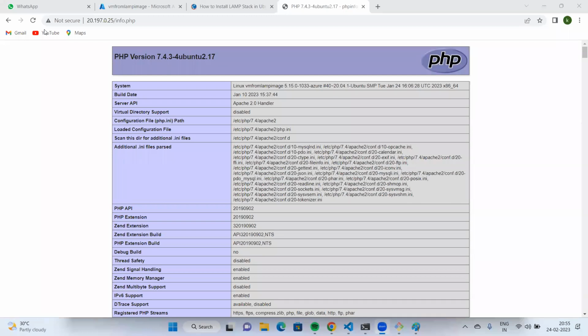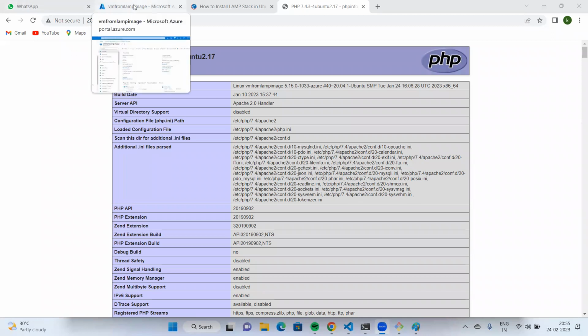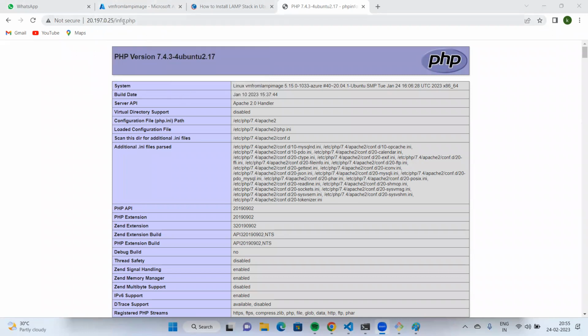Yes, sir. Okay, this is how you can create a virtual machine from the VM image. So Monday's class is very interesting. On Monday we are going to implement a virtual machine scale set, and along with that I will configure a load balancer, and show how the load balancer forwards requests to servers. Today we are using this IP address